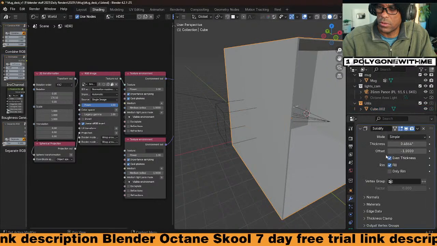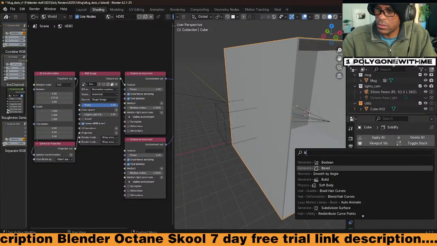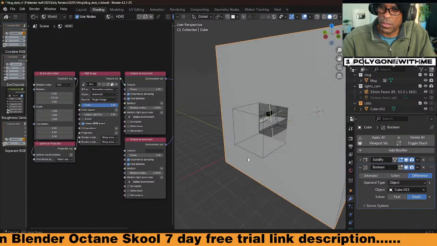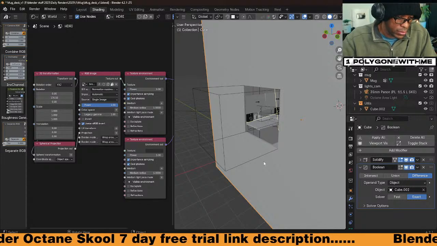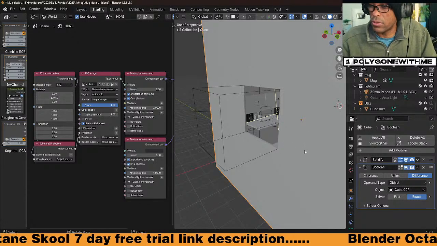Alright, well, let's just do the other way then. Boolean. Select my cutter. This is what I want. Oh, there we go. Yeah, you had to add that. You need to add that. What I was gonna say, guys, you need to add that cutter.